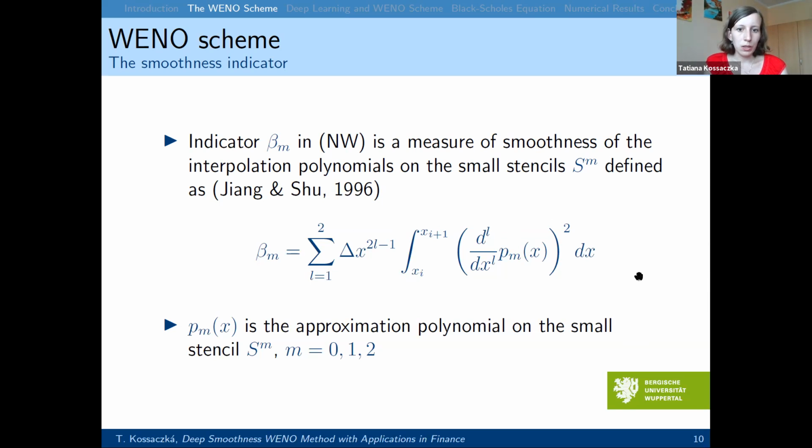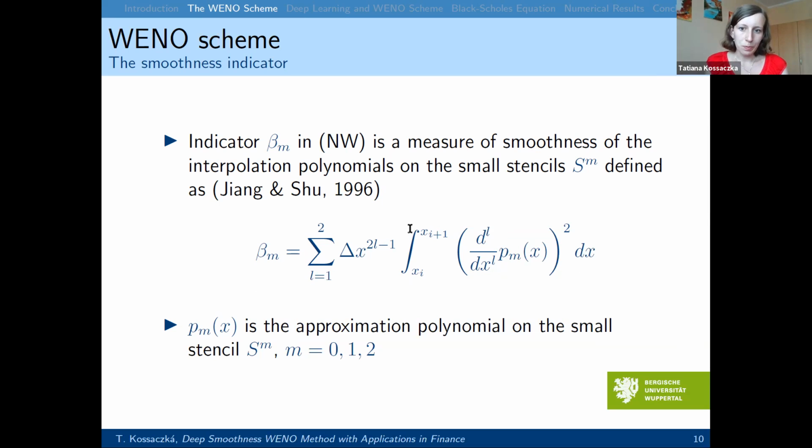One idea could be to learn these betas with deep learning, but then we couldn't guarantee the convergence of the method, because it would be difficult for the deep learning algorithm. Actually, I would say the deep learning algorithm would have to learn to be convergent if we would want just to learn all of these betas.